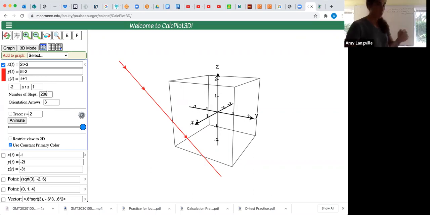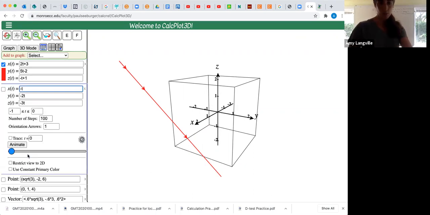Let me put in the second one. So I do that as another space curve. I already have one entered, so I'll change this one. And even though I have s's on the board, this program asks for all the parameters to be t, so no problem. I'll just call this minus 2t plus 7 and t plus 8 and